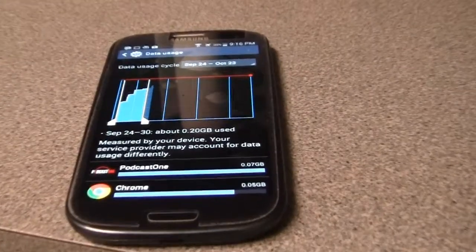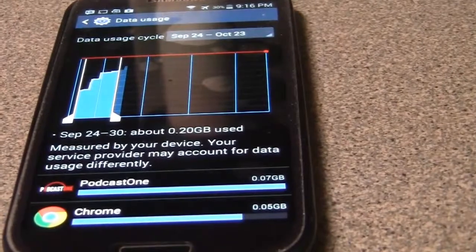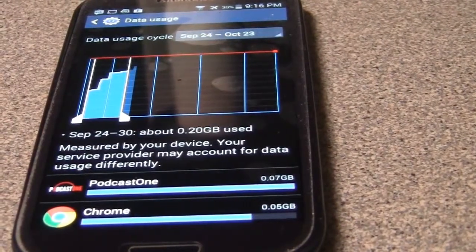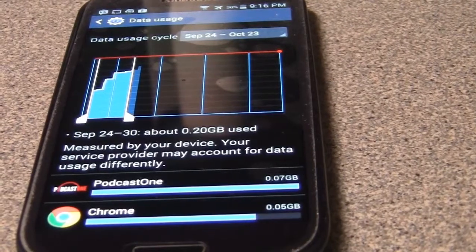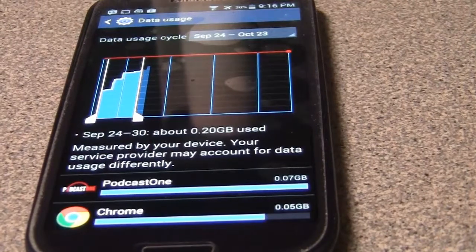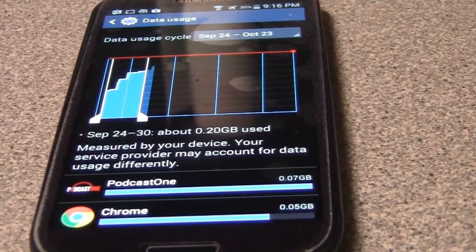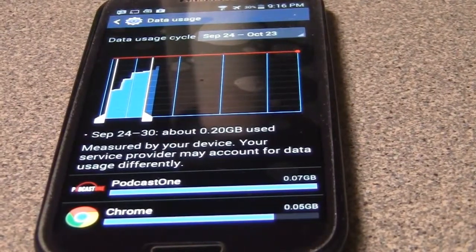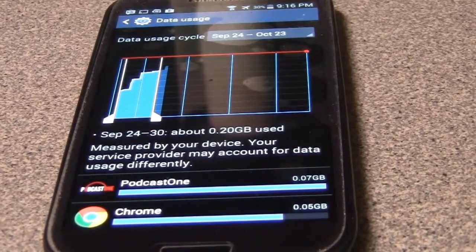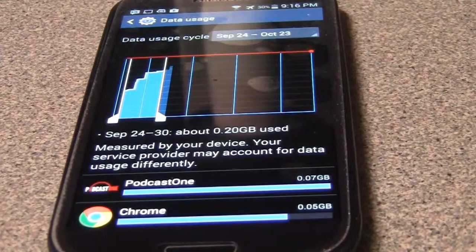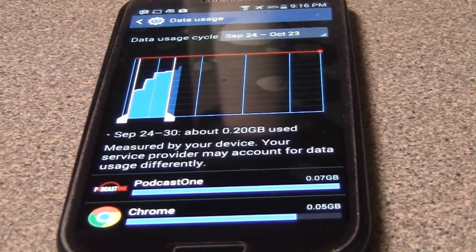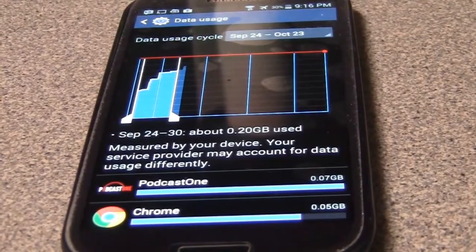So with that being said, guys, hopefully these tips helped you out. But like I was saying, I honestly do think turning your phone into airplane mode and just running through Wi-Fi will save you a lot of data, especially if you're at a Starbucks and you're doing a lot of heavy emailing, especially like a BlackBerry user who heavy emails, or if you're one of those guys who are on social networks all day, tweeting, Facebooking, Instagramming, watching YouTube videos in 720p HD,